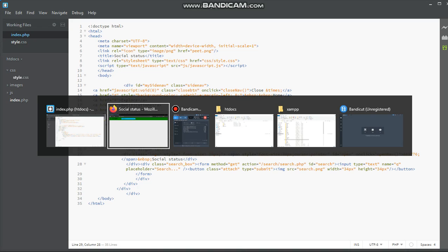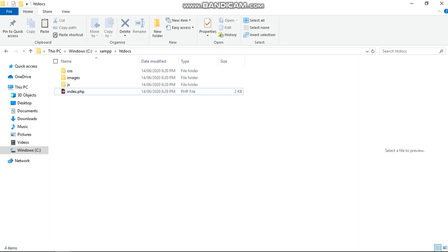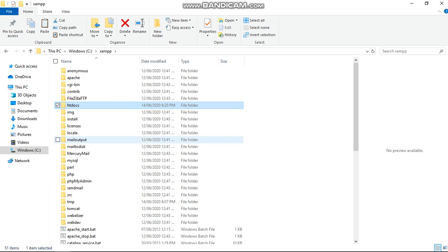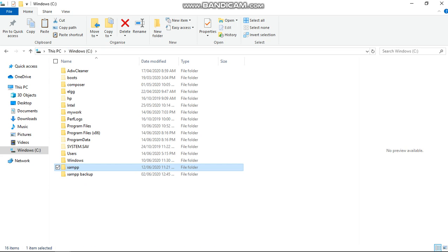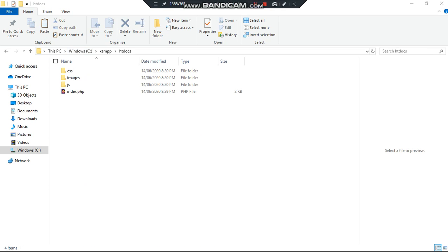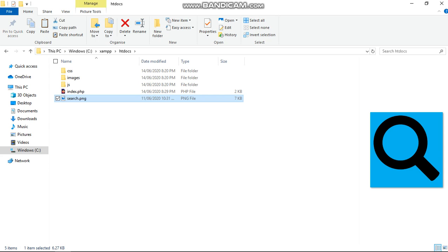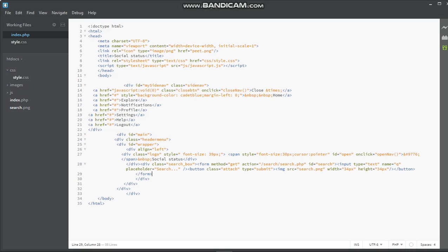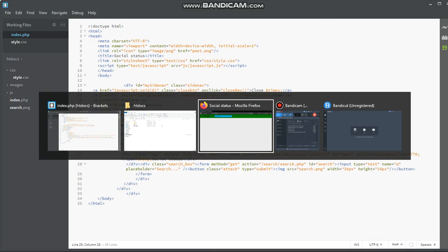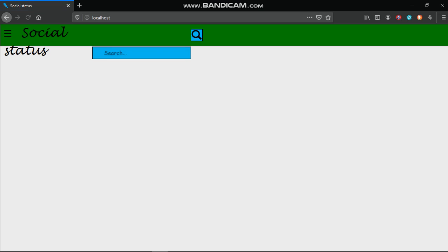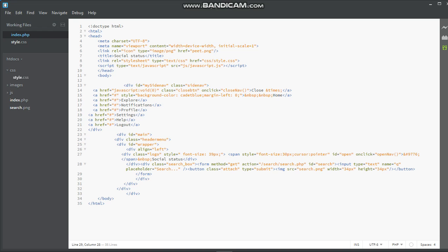Let me add a picture. You also see the picture in the description in the link. Where is it? Confused. So we're going to paste the picture. This picture is even better than the logo. Okay, so back to what we're saying. Let me reload that now. I don't think this color matches. Oh, social status is taking up space.